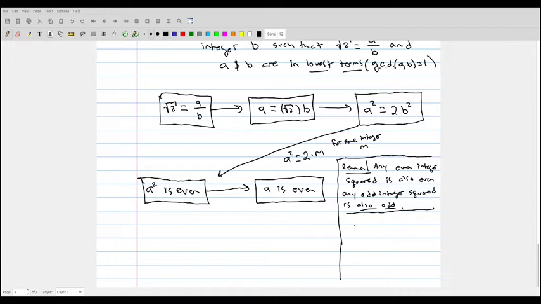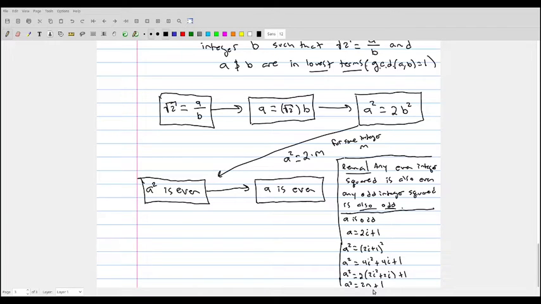So if a given integer, we'll call it a, is odd, then a can be expressed as 2i plus 1, and therefore a squared will be (2i plus 1) squared, which means that a squared is going to be equal to 4i squared plus 4i plus 1, which is the same thing as 2 times (2i squared plus 2i) plus 1, or 2 times n plus 1 for some integer n, which is the definition of an odd number. So this is essentially showing us that